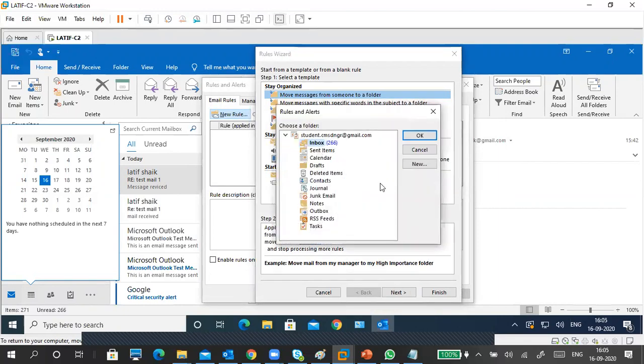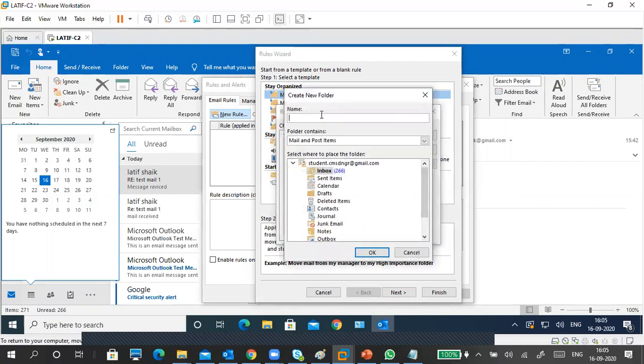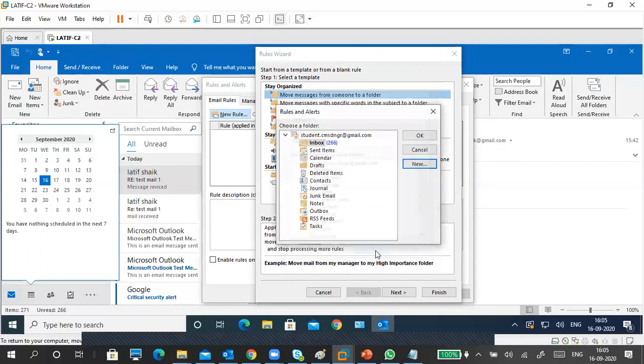The folder is not created separately, so I'm going to create a new folder here. For example, live mails. So if any mail comes from latif@live.com, that mail goes to this folder.